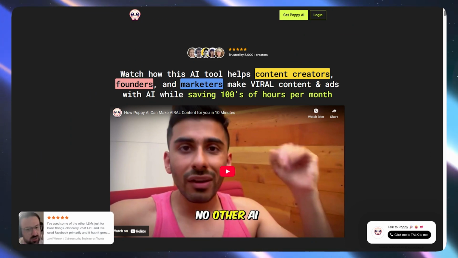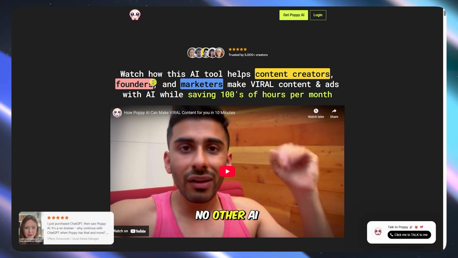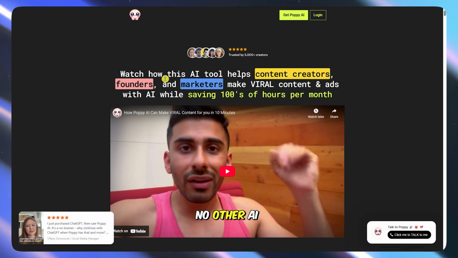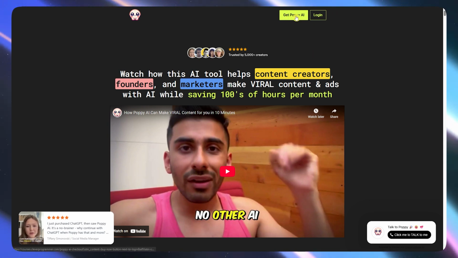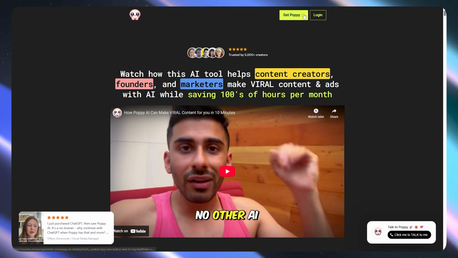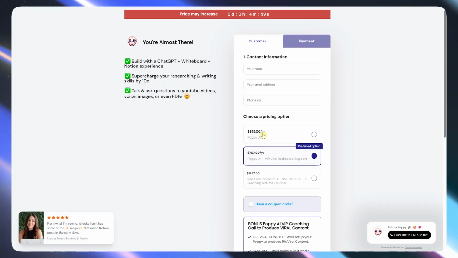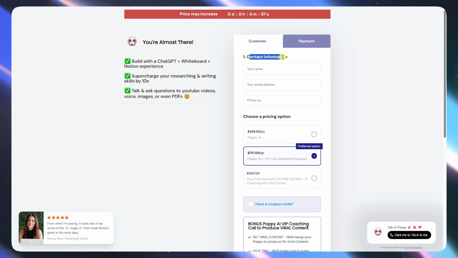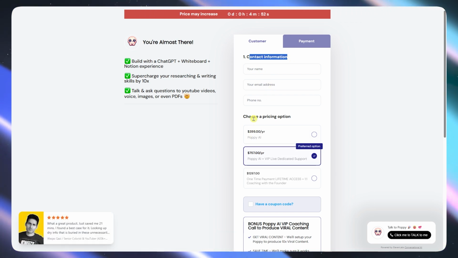So let's get started. First of all, you want to go to the website of Poppy AI by using the link in the description. Once you're here, you want to go into Get Poppy AI, or log in if you already have an account. Since I don't have one, I'm just going to click on Get Poppy AI and then proceed into providing my contact information to create my account and then choosing the pricing option that you'd want to buy